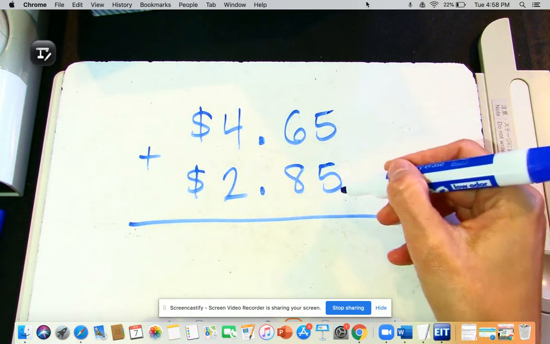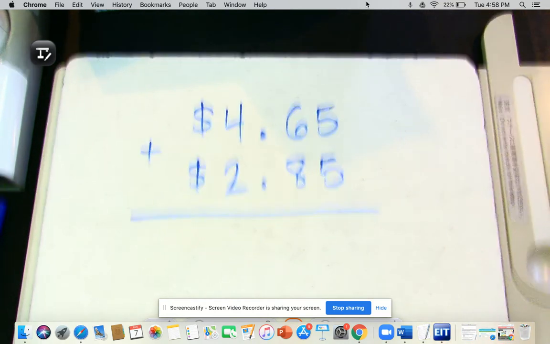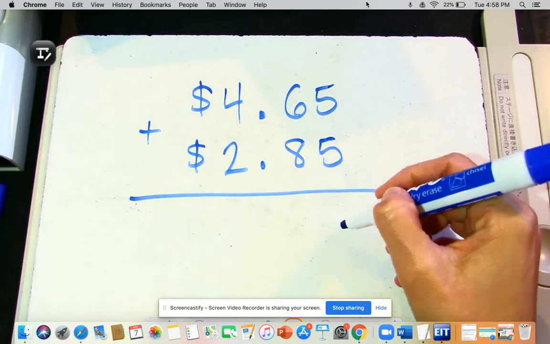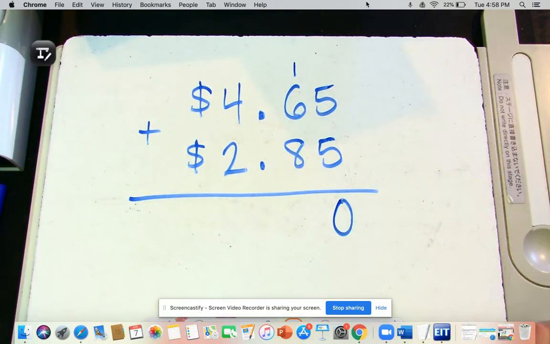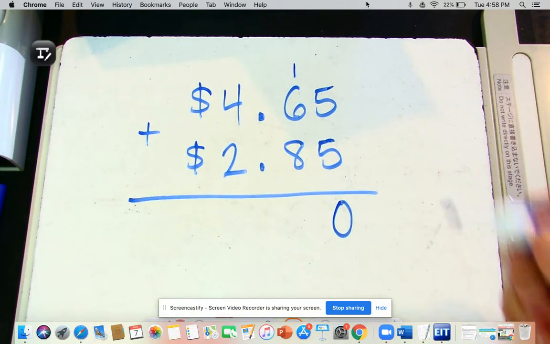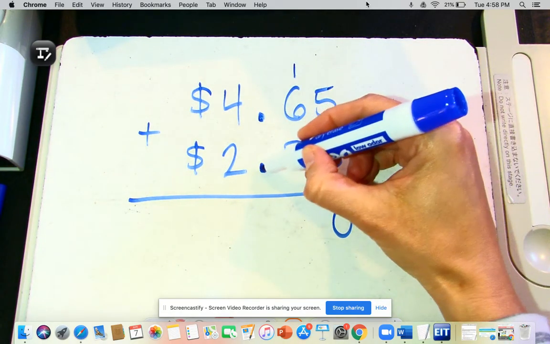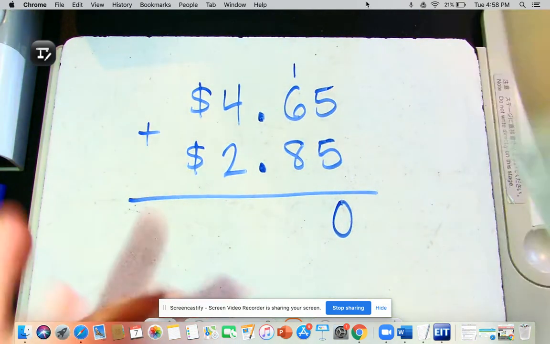So 5 plus 5, we know 5 plus 5 is 10. And so I'm going to rename it. I'm going to put my 1 here and my 0 here. Oh, and you know what I forgot? I was distracted by my little guy here. Okay, actually, even before I do that renaming,